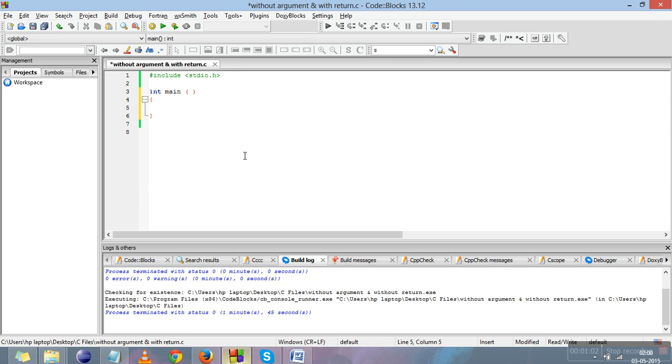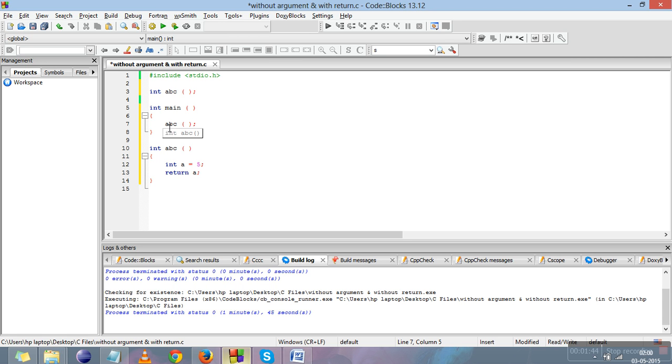Now we'll move to the code. We'll write a piece of code. In this program we'll return an integer value from the function, so the return type of the function should be int. We'll name it abc, with no arguments, and a semicolon. In the definition, the return type should match, int abc, the function name should match, no arguments. In the definition we declare a variable int a = 5, and we return a. Now in the main part, the abc function will be called like this: function name, no arguments, semicolon.